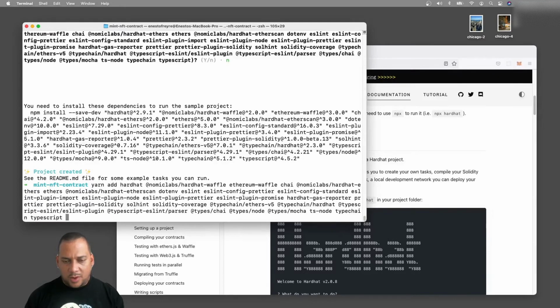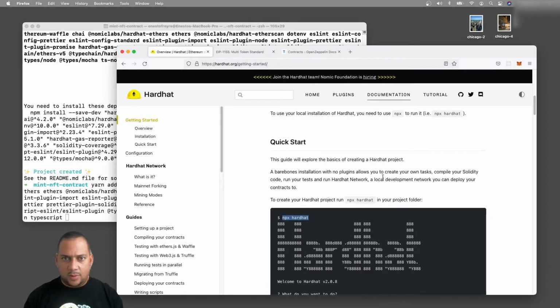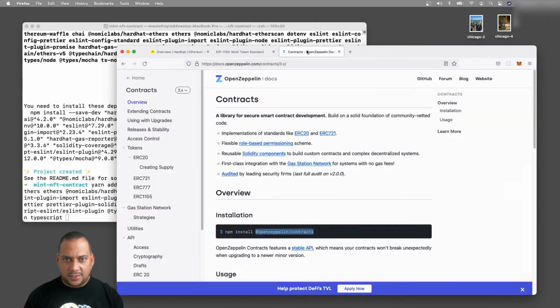And we will add one more dependency here, and that's OpenZeppelin. OpenZeppelin, as you can see here, is a library that has a lot of smart contracts already pre-built. It implements a lot of standards like ERC20, the token standard, and ERC 721, that's the NFT contract.